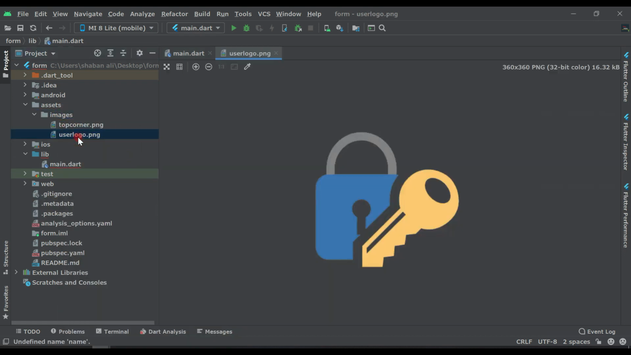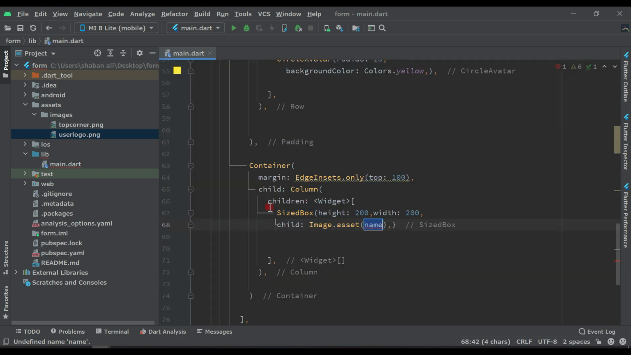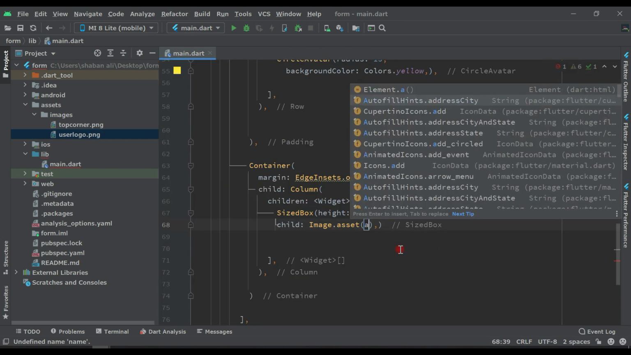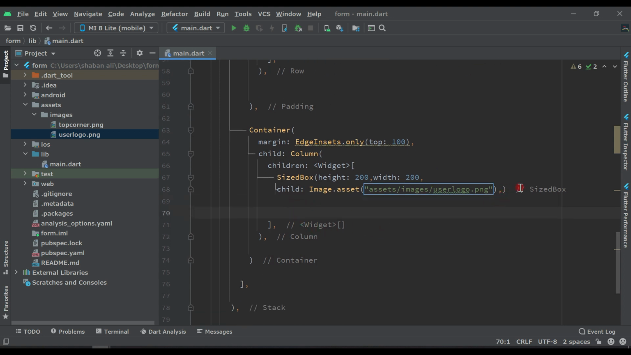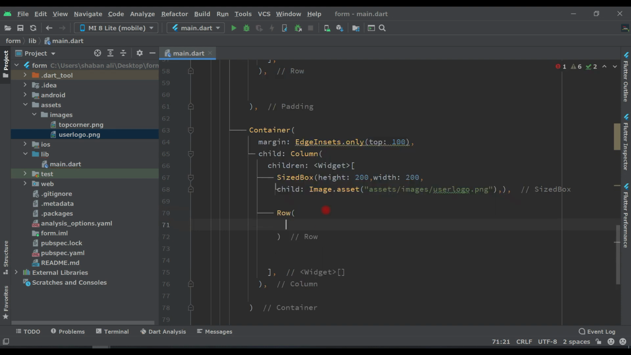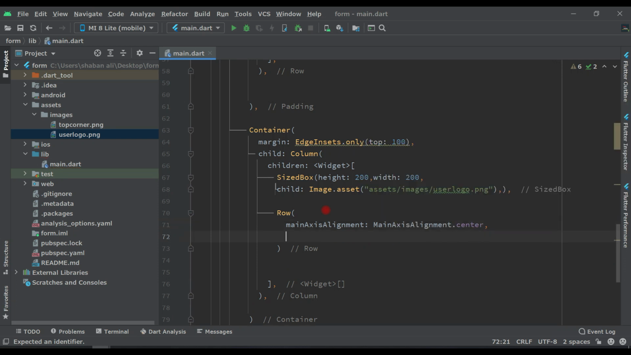Now we have this user logo, this one, which we are going to use. So now here, assets/images, inside the images folder we have this user_logo.png. Now after this comma here, we will write Row, and here mainAxisAlignment.center, and here children,